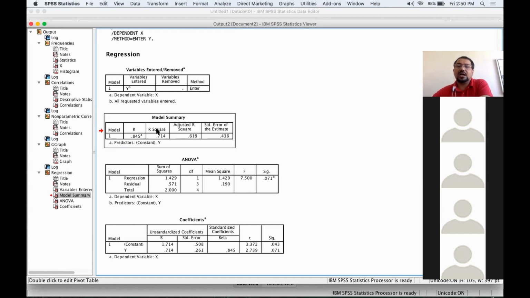And the next is called R square. That is actually our regression. Okay, so what does it mean? 0.714. It means that because of the change in advertisement, what is the change in the sale? And that is 71.4 percent actually. According to the data available to you, if you change it into percentage, 0.714 multiplied by 100,